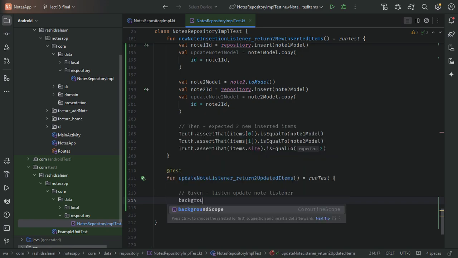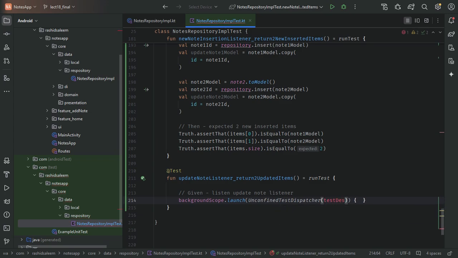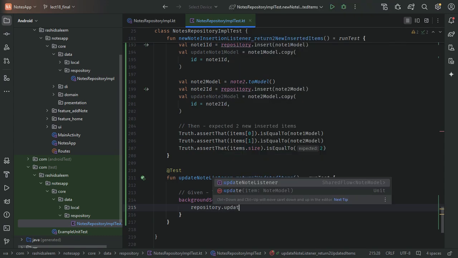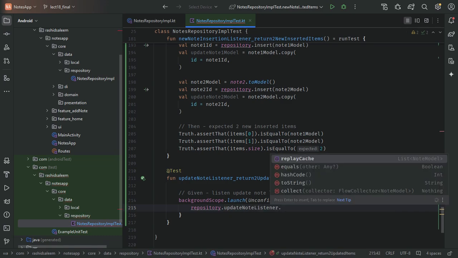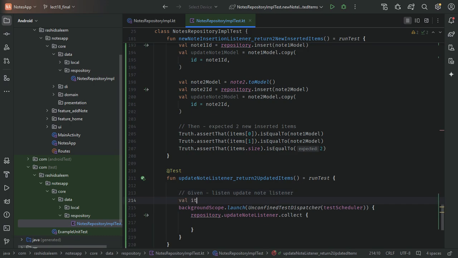So background scope dot launch, unconfined test dispatcher, with the same test dispatcher which we are getting from the run test, actually the test scheduler, and in here we will listen to the events, update note listener dot collect,